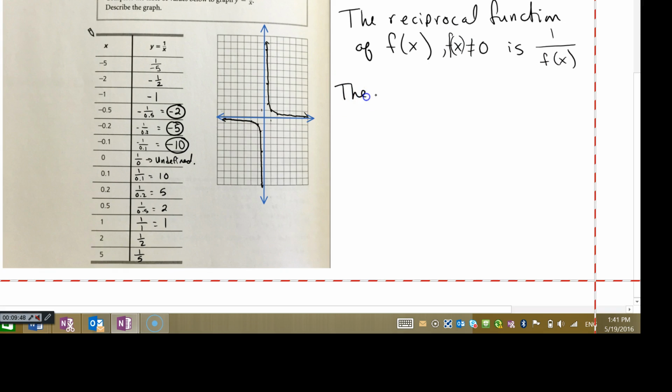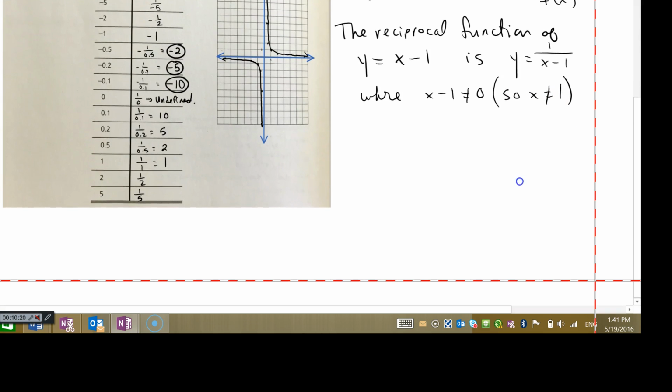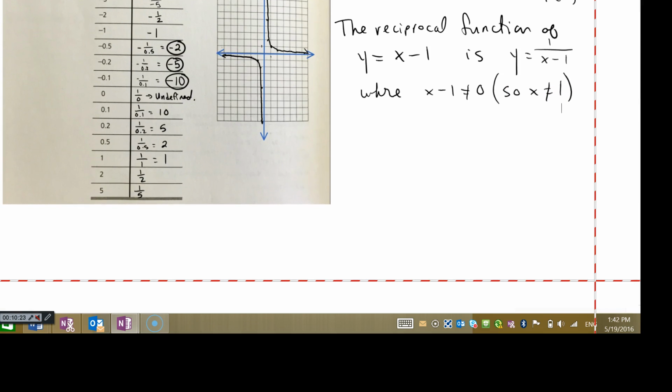So the reciprocal function of y equals x minus 1 is y equals 1 over x minus 1, where x minus 1, which is our original f of x, our original function, cannot equal 0. So x cannot equal 1. So if we just take into consideration this example right here, we would say